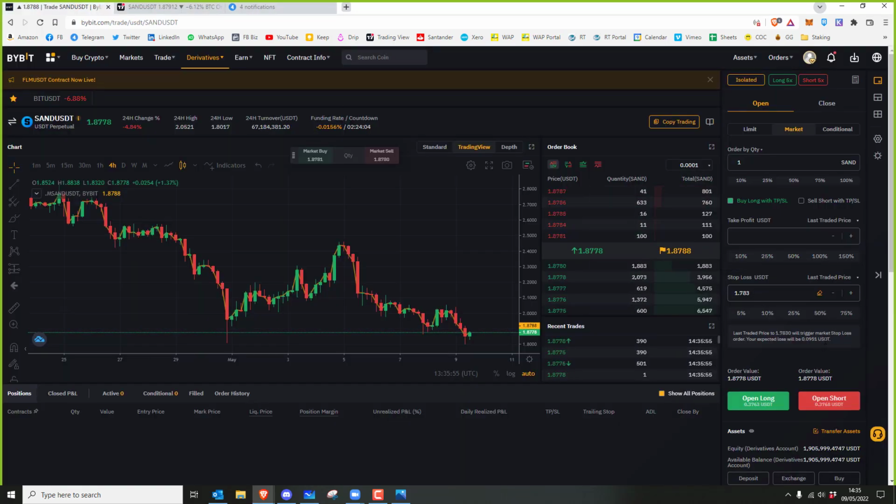Just leave it like that for a moment. But the cool thing is it tells you how much money you're going to lose if the trade were to bomb out straight away. So at this point here, it says I'm going to lose 9 pence, basically 0.09 USDT, which is great.